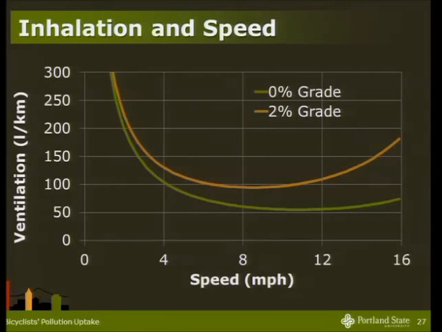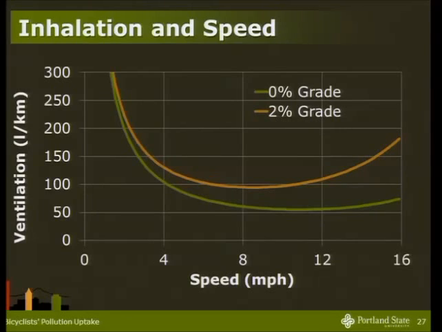If we look at the 2% line, we see that at a higher grade, you're breathing more, so you're inhaling more in general. So you'd expect that because you're doing more work. But what's interesting is that the minimum point on the curve is slightly to the left. Right? So the higher the grade, the lower your minimum ventilation speed is going to be. And of course, these curves are illustrative for a certain bicyclist. It's going to depend some on the weight of the bike, the amount of cargo you have, your frontal area, the weight of the bicyclist, things like that. But for this illustrative bicyclist, here are the results.